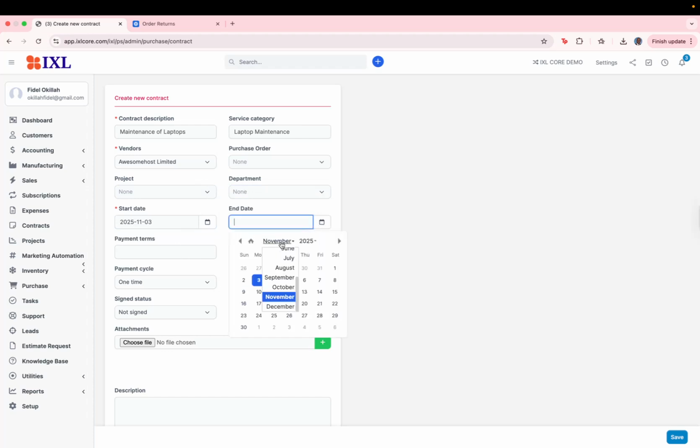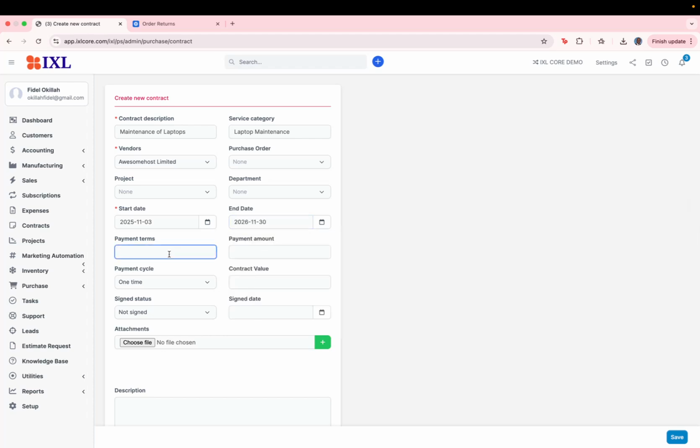The reason why we put an end date is so that the system can give us a reminder once the contract is due or is coming in for renewal. The payment cycle, we can say it's monthly or quarterly depending on the value of the contract. Total contract amount can be done here. Payment terms, we can say 30 days. Payment amount, let's say 30,000, and the contract value is